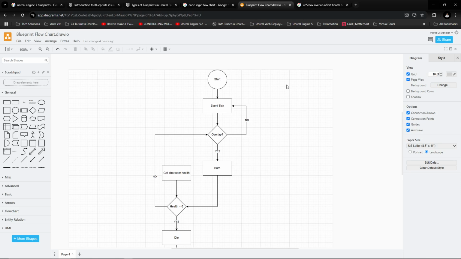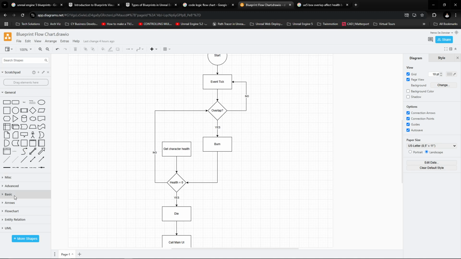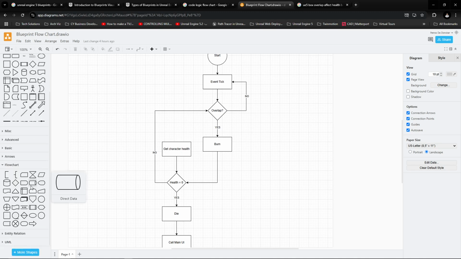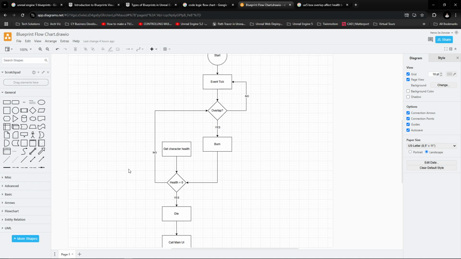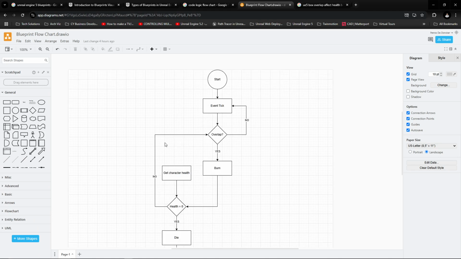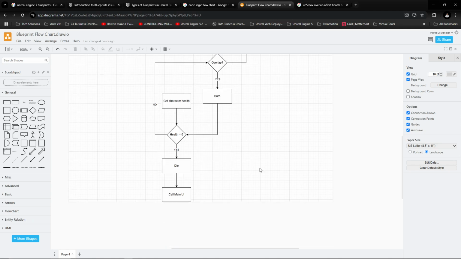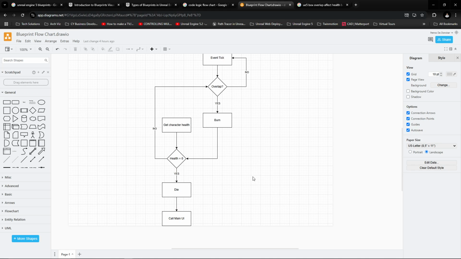Very useful software, by the way, a tool like Google Suite. It's called Draw.io. I suggest you look into it. Very, very cool. It draws flowcharts and has very nice tools to use. I even edit images in this sometimes, believe it or not. And I just drew a very basic flowchart of what we are trying to achieve with our